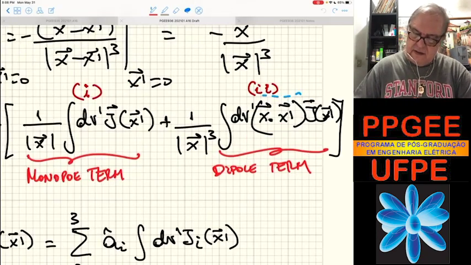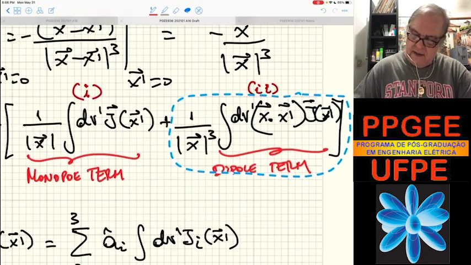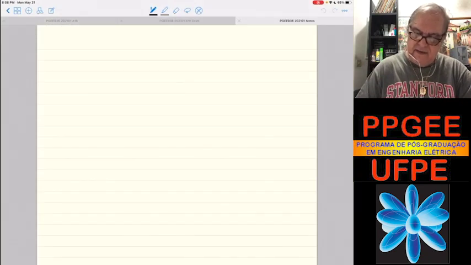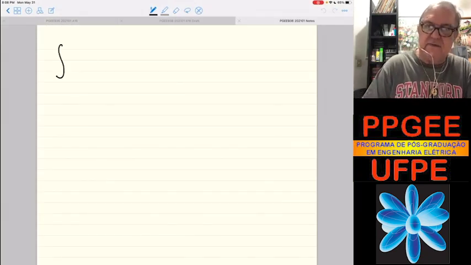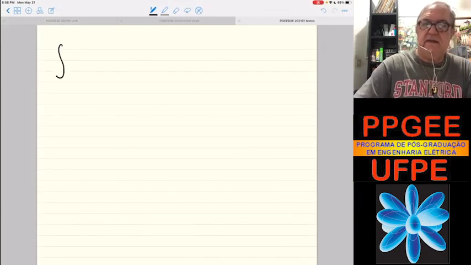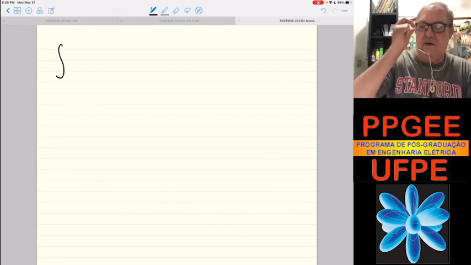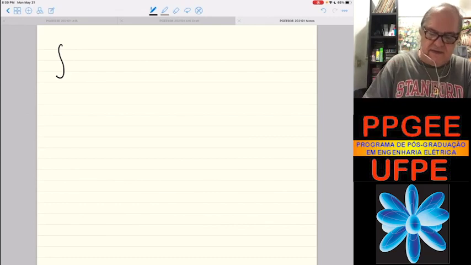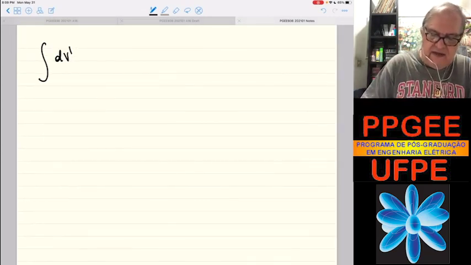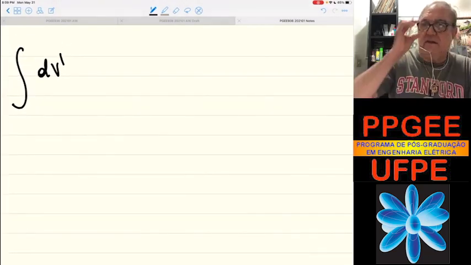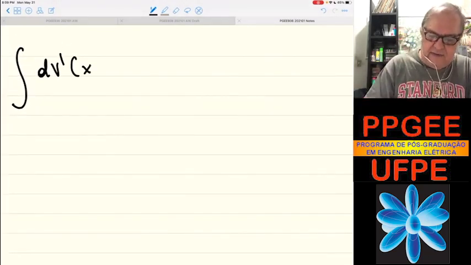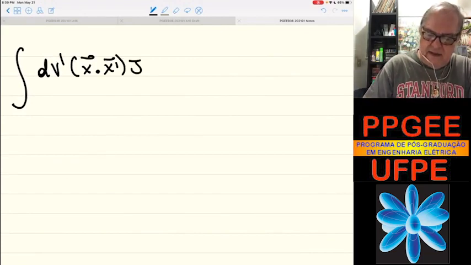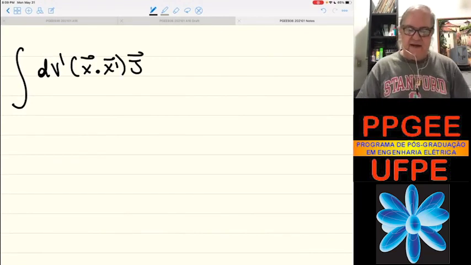Let's look at the second term now. Notice that we have an integral, okay. Let me go back here. The second term involves an integral of x prime, right? Times j. You notice that this factor here,